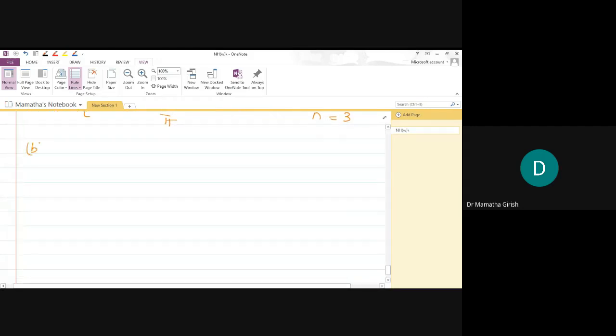Part B solution. What is given to us? It is given that the Hamming windowing function is given by 0.54 plus 0.46 times cosine value of 2 pi n divided by n minus 1. Please note that this value is equal to what? Minus of